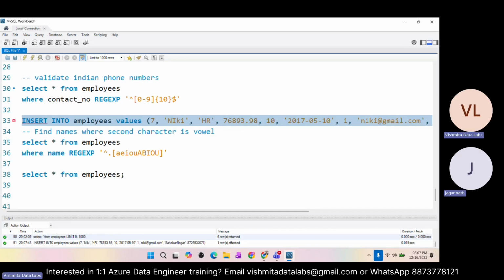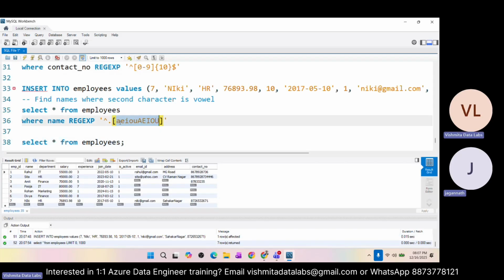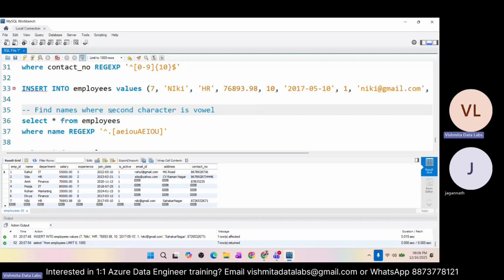So how many conditions can we put at a time? If we want to validate a phone number along with this one, we can put n number of conditions. Then we can put the phone number also, 0 to 9, to validate. Yes, we can put a phone number also. But here our thing is just we need to check whether